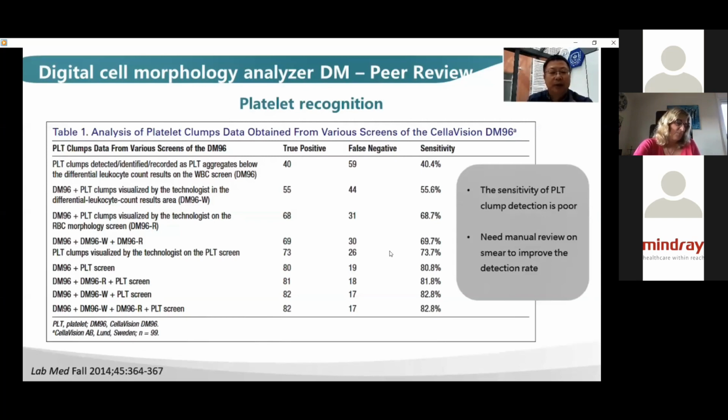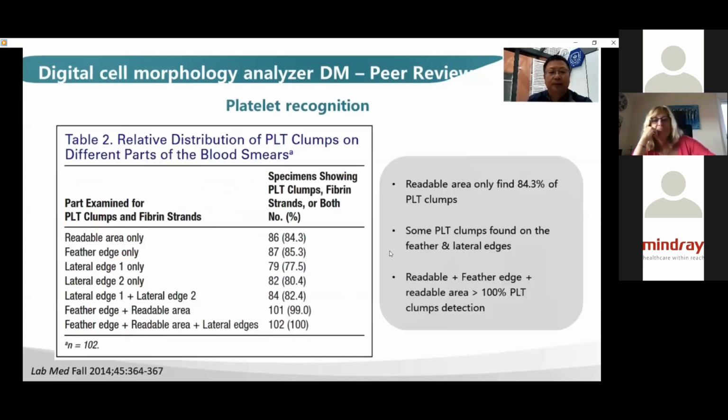So we can generally see that the sensitivity of the PLT clump detection is poor, and it needs manual review on smear to improve the detection rate. 敏感度啊，大家可以看。This is generally what we have in this study, and you can also see that. 8.8。那么我们随着这个不同的方法介入以后呢，我们的灵敏度逐步的提升啊。